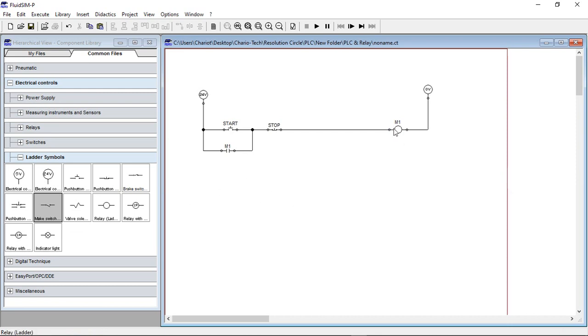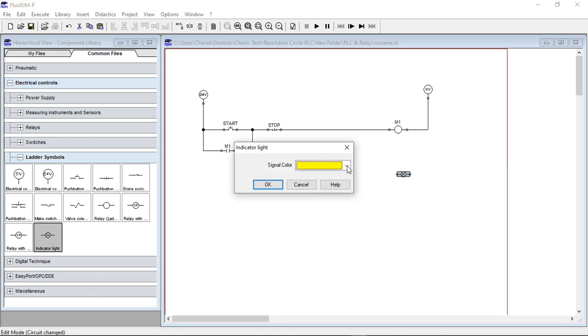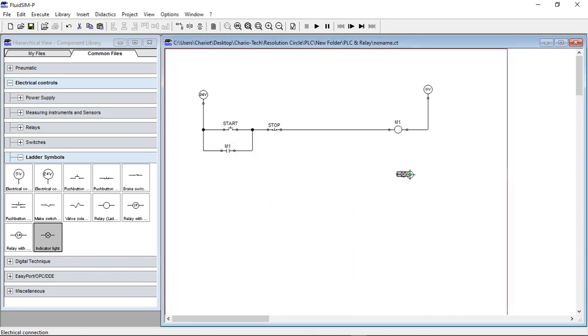I want to link my M1 with a green LED. Here's the LED. You can drag and drop it here. I can then double click on it to change the color. Let's say I want to make it green. Then I can also connect it. I said I want to link it to my